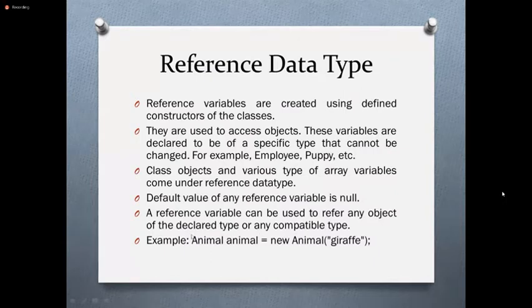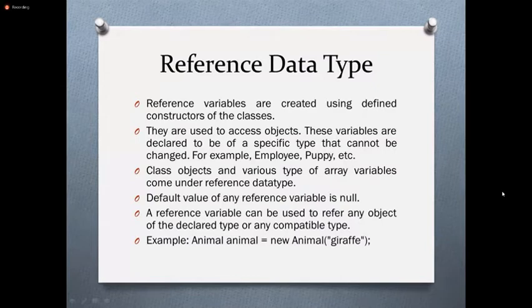This is how you can declare a reference variable. This is the name of the class, Animal. Then simple animal is the object. Then you can create a new object called giraffe, new Animal. This is an object creation line. In future sessions, you will come to know how to use these lines.